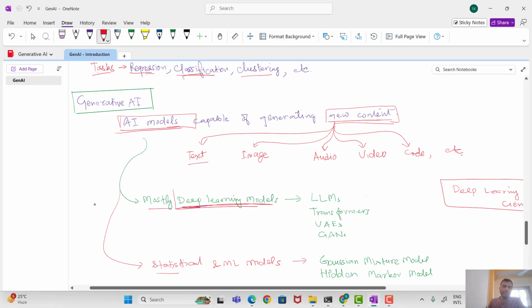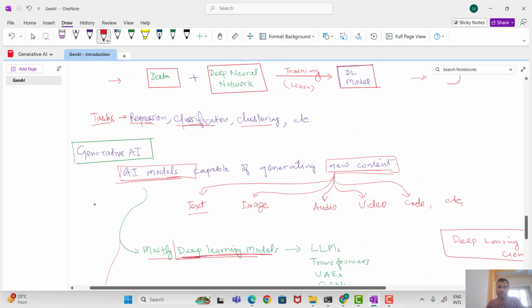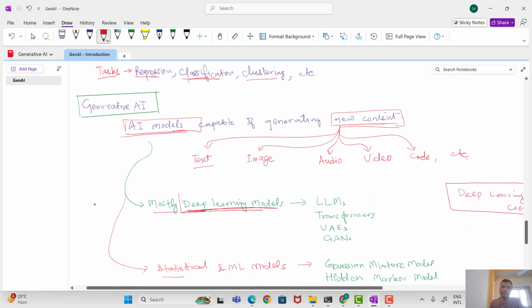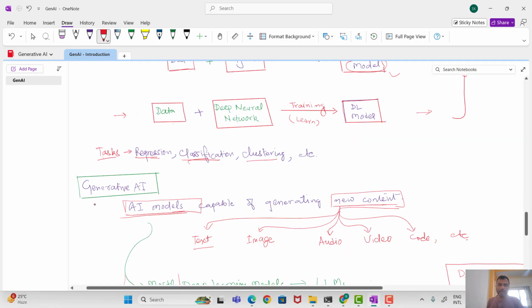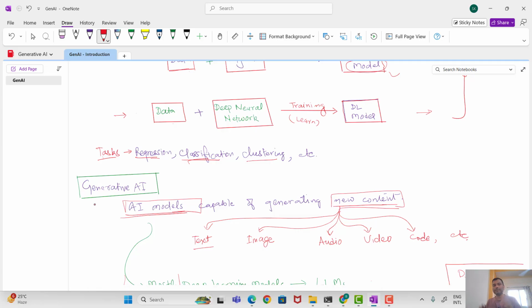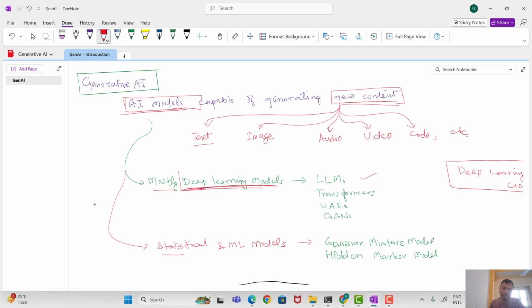Now the other thing is, what is that AI model? We have covered machine learning models and deep learning models, but what are the models that are able to generate new content? Gen AI models are deep learning models, trained deep neural networks on huge data. There are different models like large language models, transformers, and various autoencoders, and again we have to understand all these things. We have to understand the journey of the large language models, starting from the generative models.